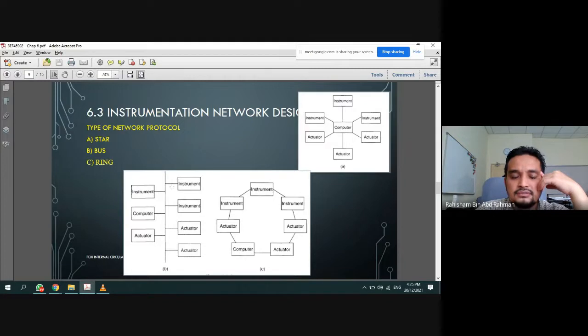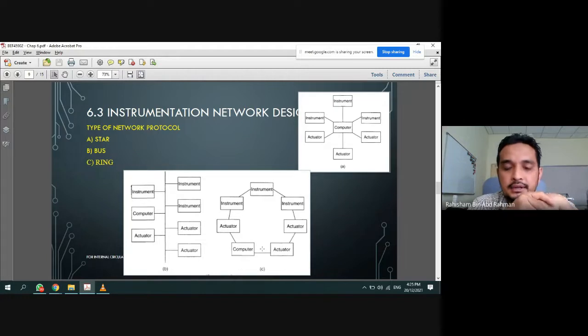This one looks like a bus from the structure. It is connected in the middle to one main path. And the ring is a ring type, so the actuators and instruments are connected in series in a loop like this one. Basically, this is how we differentiate them in terms of the structure and how they connect to the